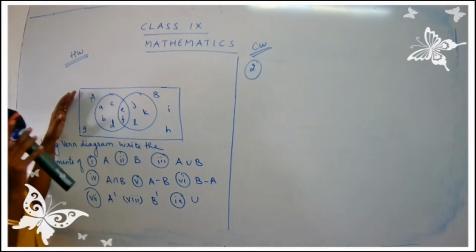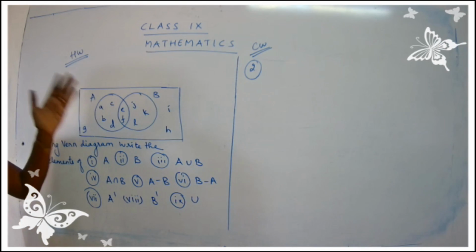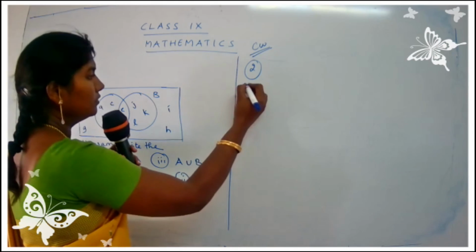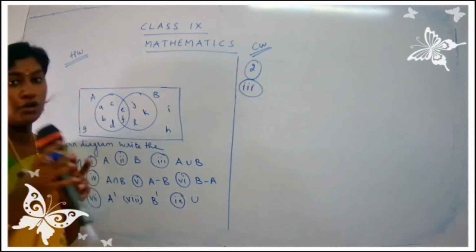So just homework, you have taken down the question. So now come back to your classwork. Take down the second question. And in the previous class, I have given you the second question as homework. I have told you to complete the first and the second sum as homework. Yes, question number 1 and 2 as homework. Now let's continue with the third subpart. Question number 2, third subpart. Do not get confused, children.